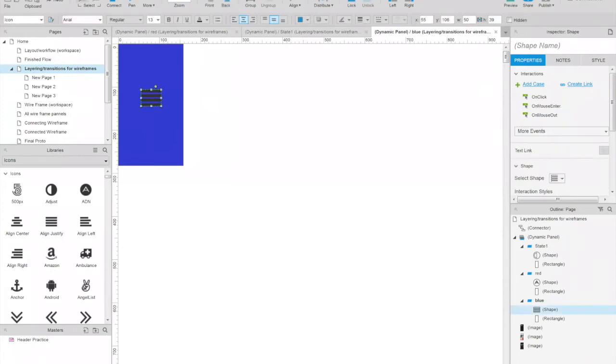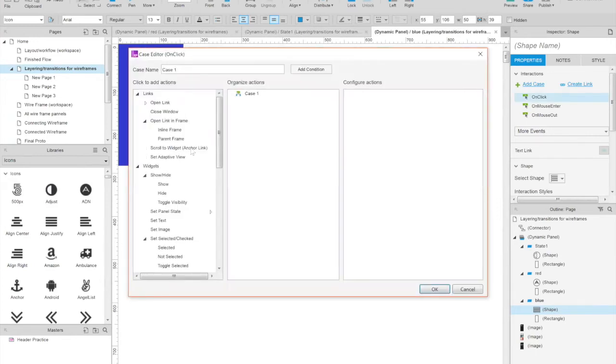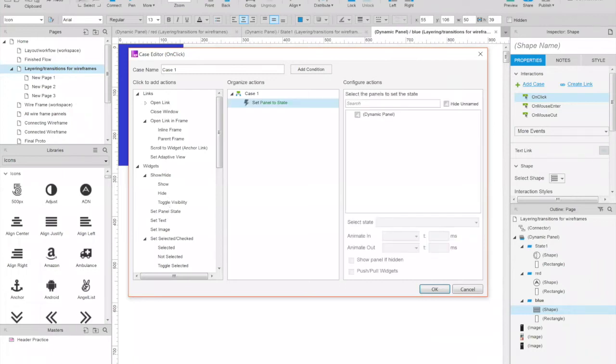You want to show how to copy paste actions? Yeah, I was gonna do that. So what we're doing right now is under our inspector page for on clicks and stuff. So when you have a lot of these, this could really add up. And so what you can do is